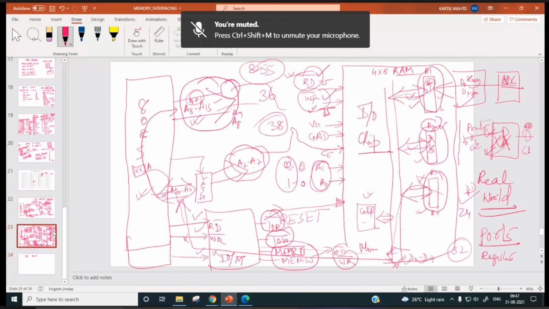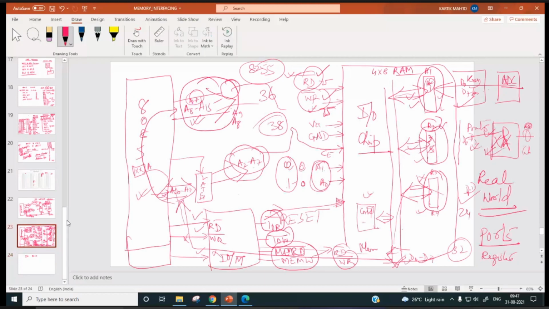Right. Suppose this register address is 80H. So it will out 80 over here. So 80 will be this. So what will be the last 2 digits? 80 means 1. This is A0. This is A1. So A0, A1 is 00.